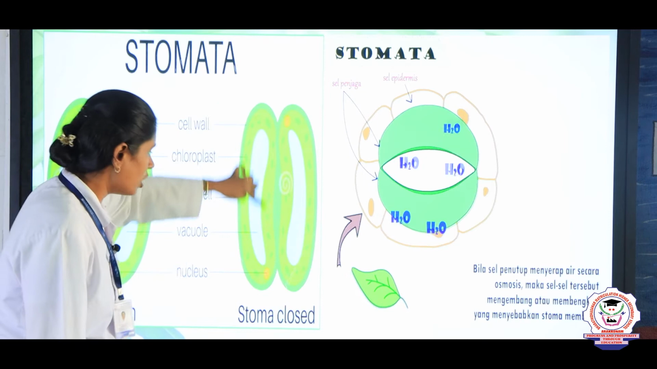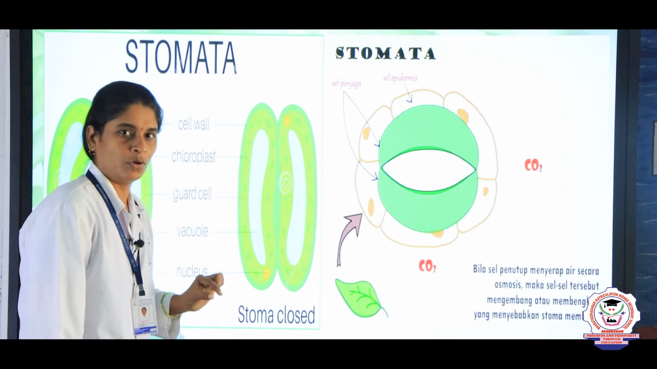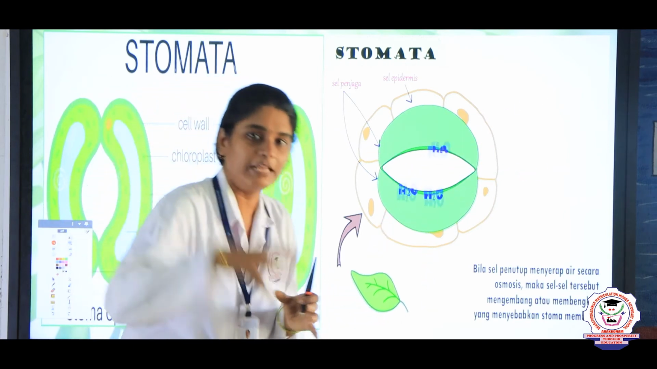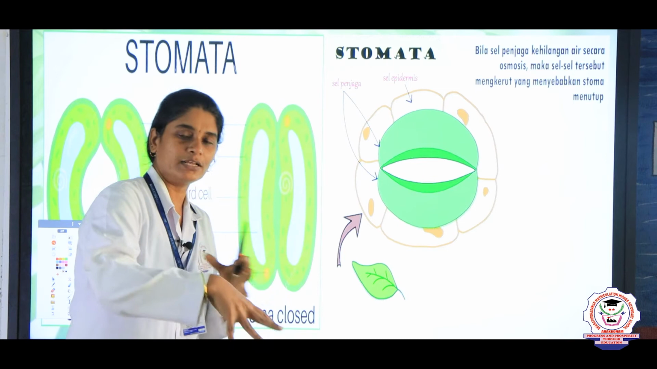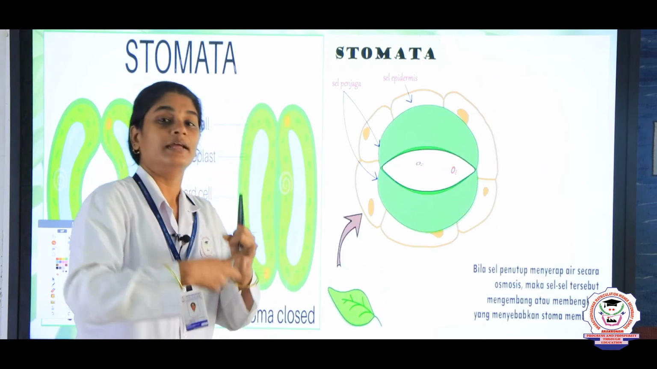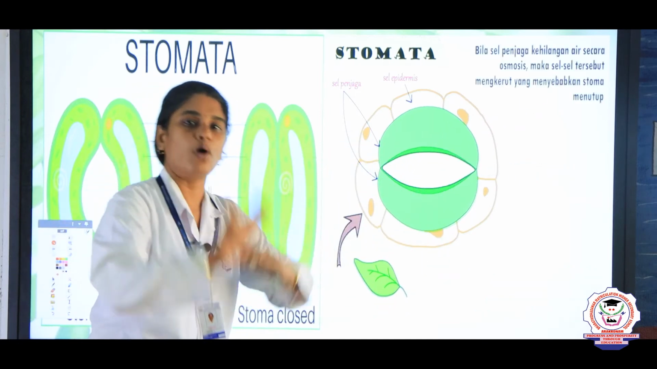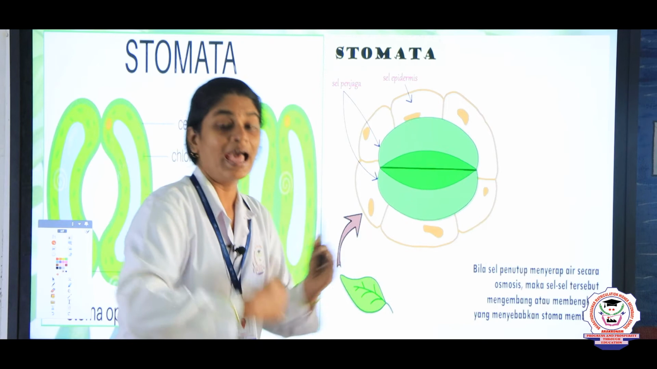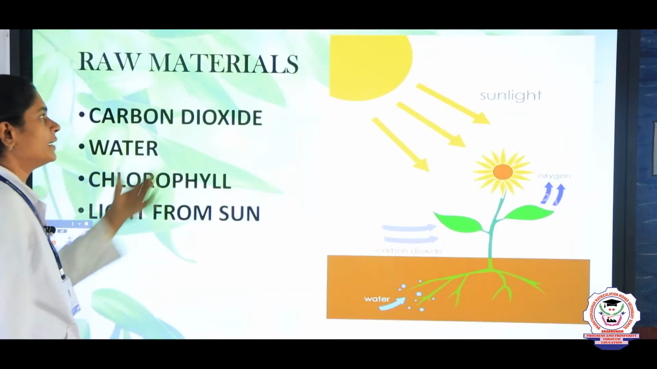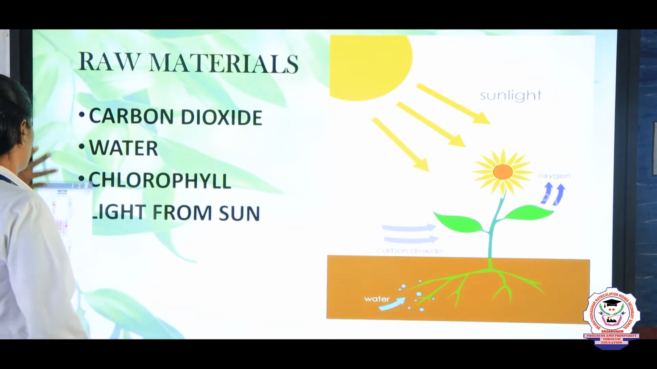So, you can see these guard cells, the guard cells have chloroplasts in them. Okay. So, only inside the chloroplast the leaf prepares its food. Inside the chloroplast it will have chlorophyll, it will have sunlight, it will get water and it will get carbon dioxide. So, all these raw materials are put together and they prepare the food. Okay. So, here we can see what the raw materials are. So, the raw materials are,